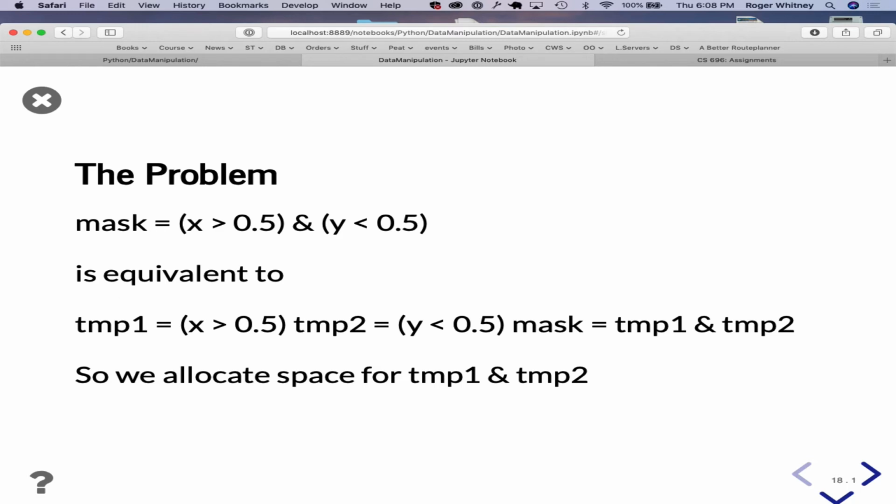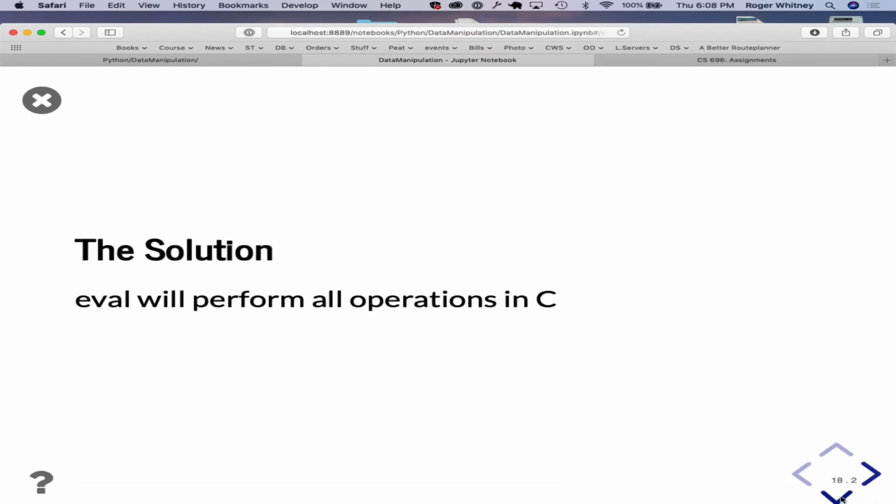And if they're 10 gigabytes each, then all of a sudden we have to duplicate it. And that duplication, creating that space, takes time. So it's slower and it takes more space. And so there is this fancy, fun thing you can do.